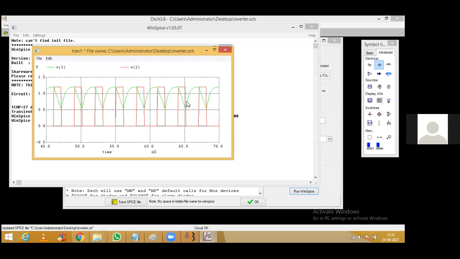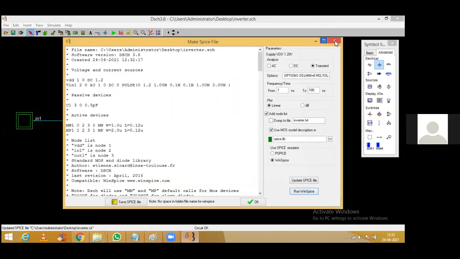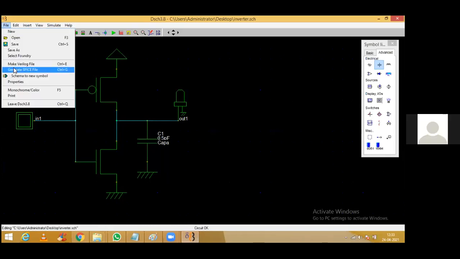I'm not getting the file on my laptop. It says WinSpice is not installed. Select the correct location of WinSpice. Okay, so that is happening. You are using that version, ma'am, that I shared with you yesterday. Yes, sir. Okay, let me check. Ma'am, I'm getting the message that no WinSpice found. Please specify the WinSpice install location. Okay.